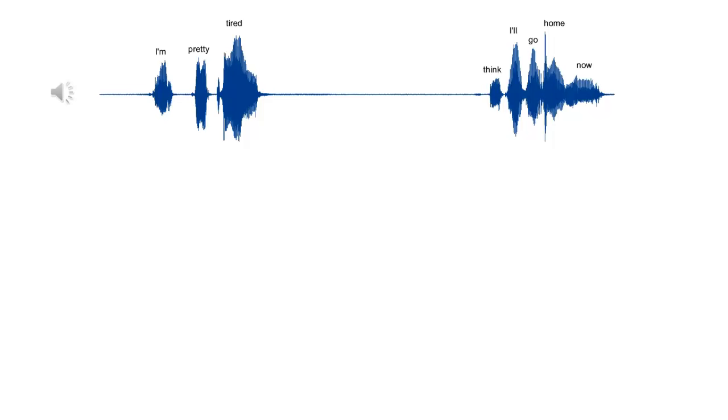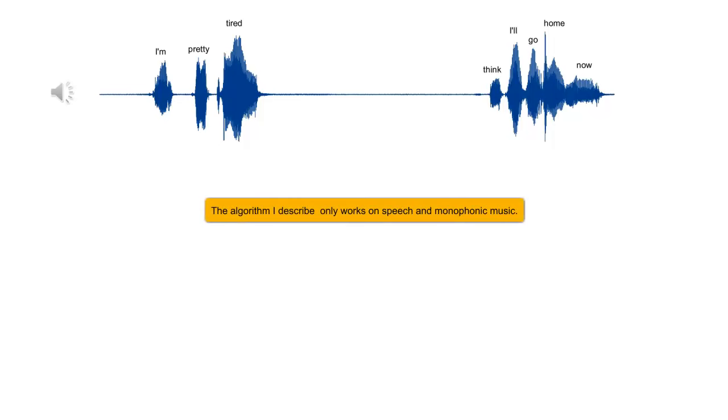You've probably heard the effects of audio timescale modification when you've sped up or slowed down a YouTube video. And in this video I'm going to explain how a timescale modification algorithm works. I'm going to base my video on an example of Tom Hanks saying a famous line from the film Forrest